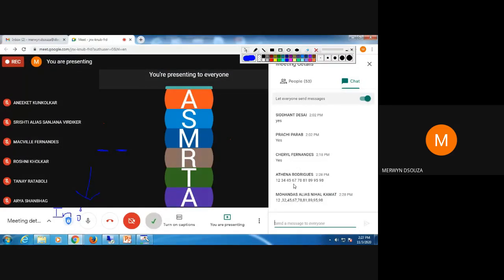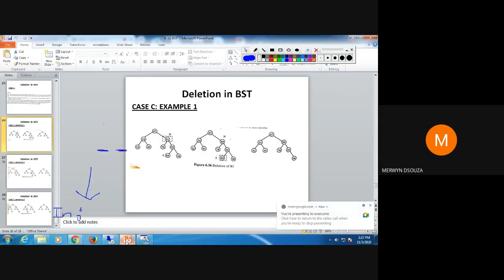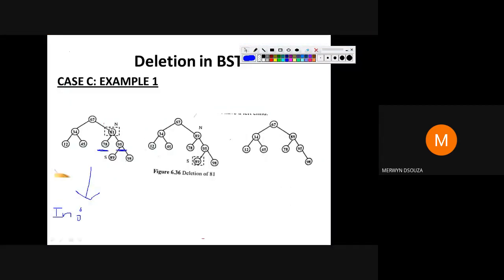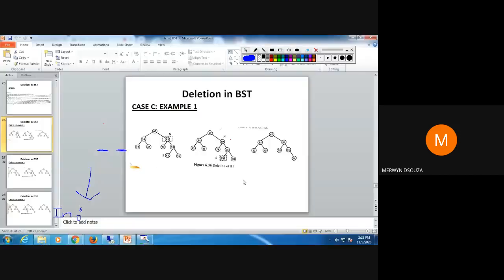Yeah, so this will be the in order traversal. Okay, so now identify, look at this, you are going to delete this node, 81. So what is the successor of 81? Look at your traversal. What is the successor of 81?